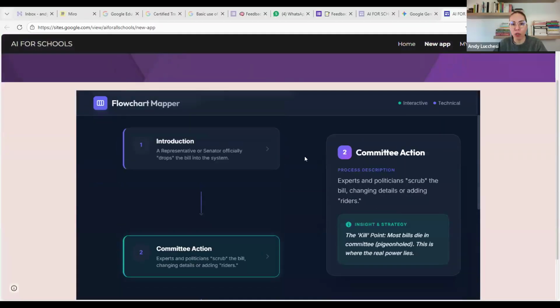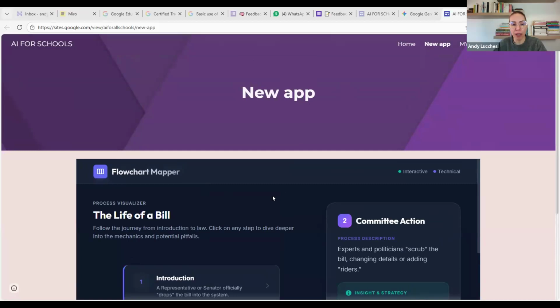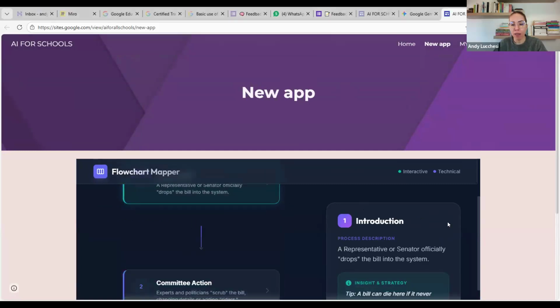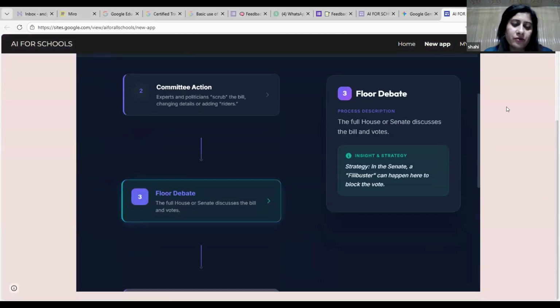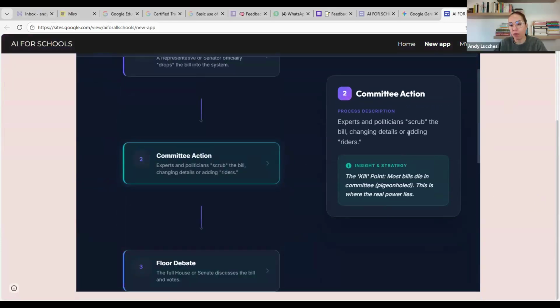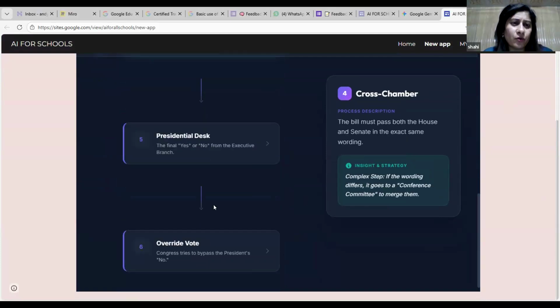Okay, so this is what Shahida has shared with us. If I click here, there you go. You see, here the steps are visible. It is very easy. You see, you have not written the code. You have just